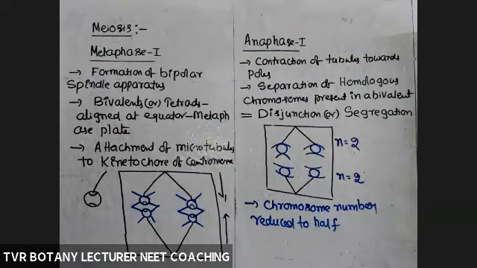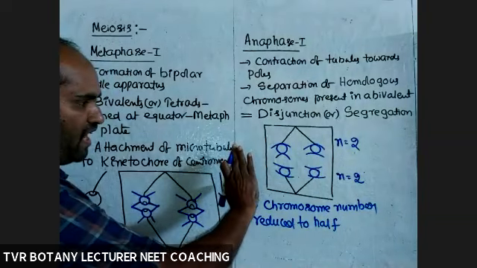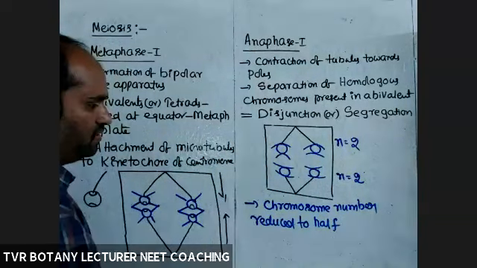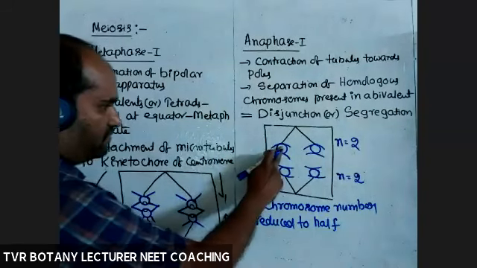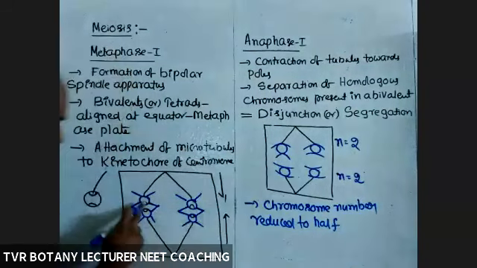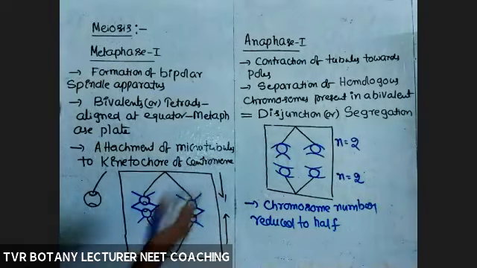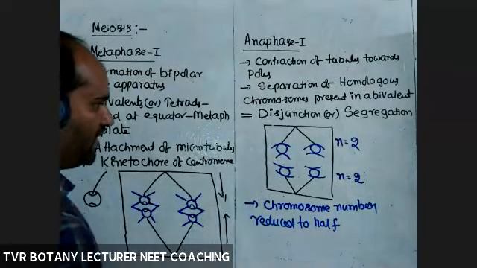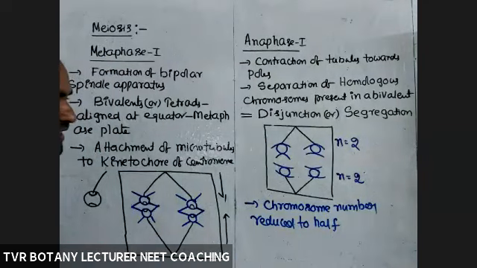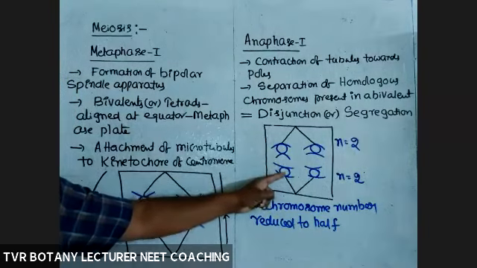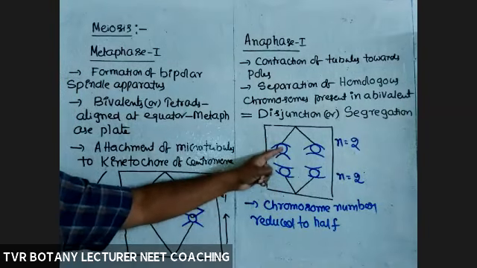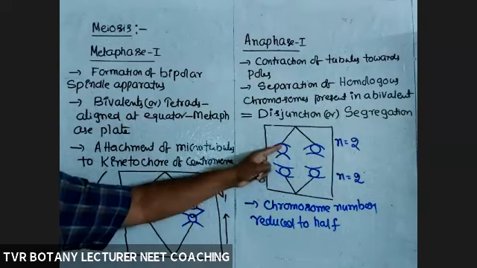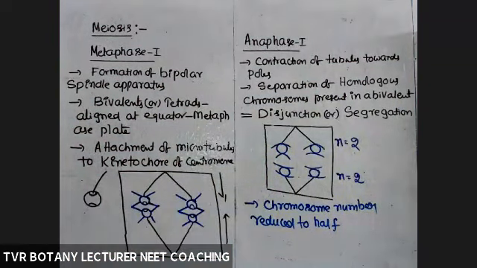Okay, so these are the chromosomes only. They are not daughter chromosomes. How many centromeres? 1, 2, 3, 4. Here also 1, 2, 3, 4. 4 chromosomes only. So mother-father chromosomes present in a bivalent are moving in opposite direction. Mother chromosome, father chromosome, homologous chromosomes. Chromosomes present in a bivalent are moving in opposite direction towards poles. Okay, copy that one.